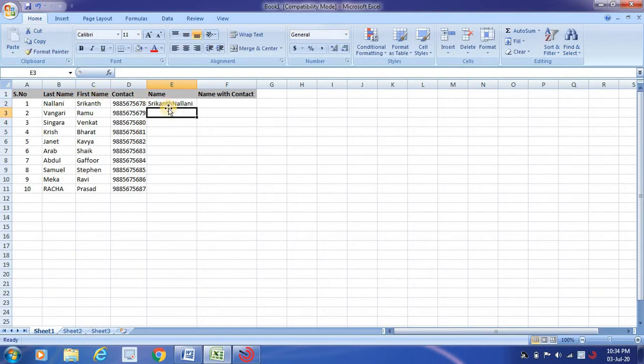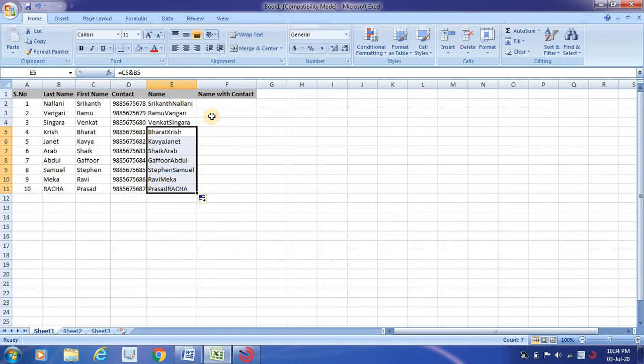Shrikant Nallani has come. If you want to apply the same formula to the next row, just press Control D. Automatically the corresponding formula will get applied. You can drag this way also, and everything will get displayed in the same manner.